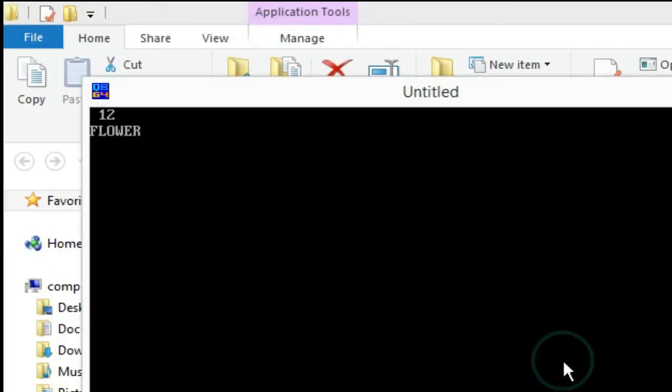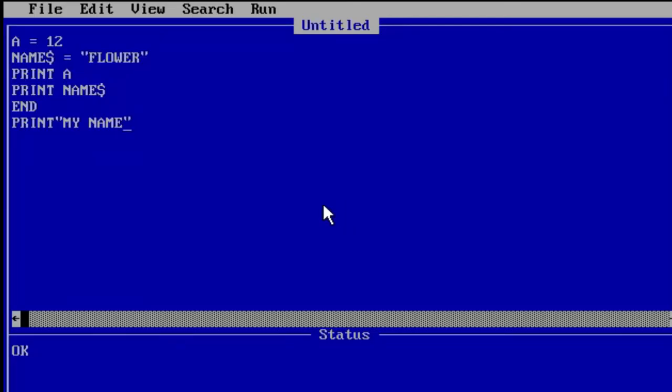On the output screen, look very carefully. It is not displayed here, because I have mentioned the statement print my name after the end statement. So write print my name before the end statement if you want to display this line.